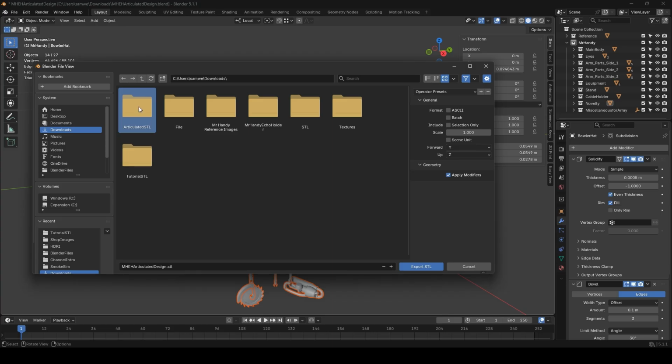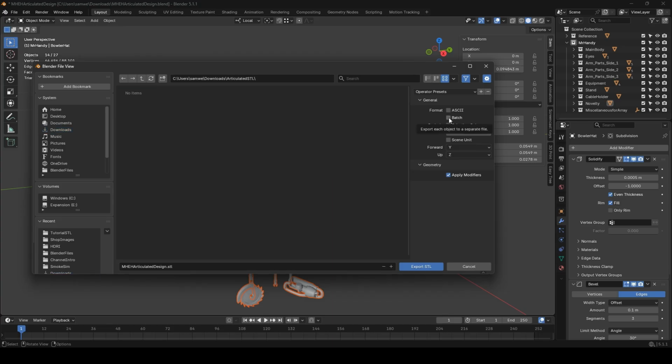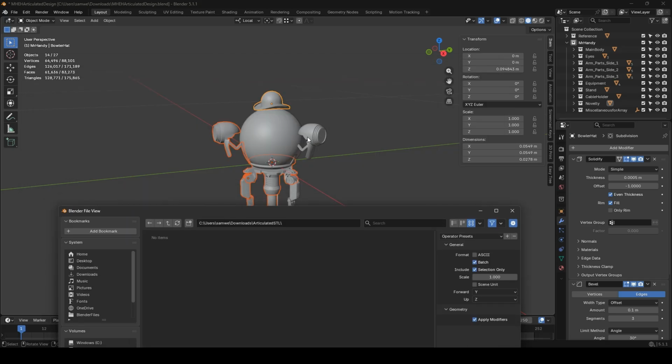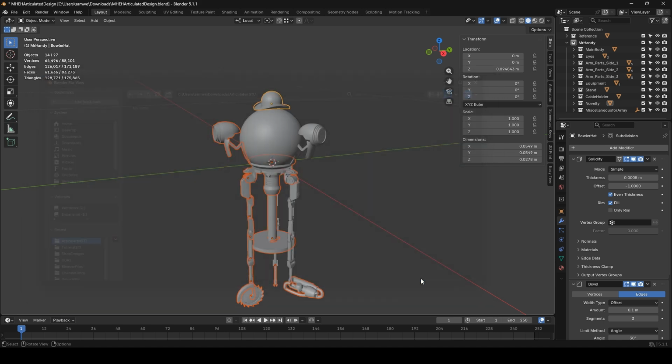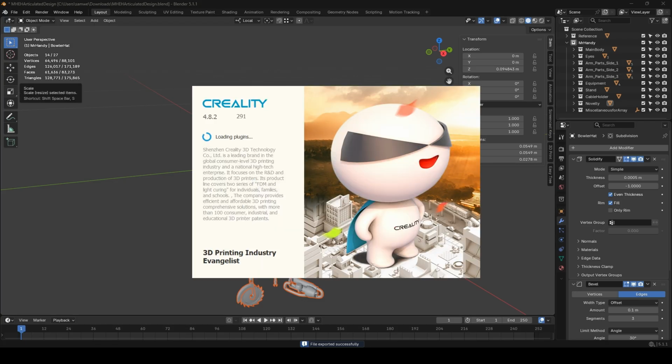Then we want to make it a batch, so they're all different files. We're just going to call this our Mr. Handy Echo Dot Holder articulated model underscore. We want selection only, because we don't want to export any of this. So selection only, batch, and then apply modifiers, so our solidify and our bevels and all that, and then we can export STL. Then we open up our Creality software,